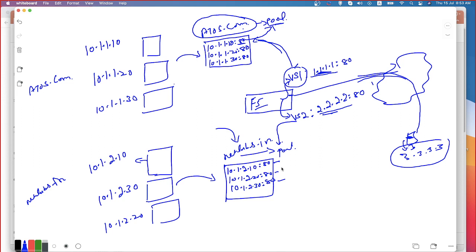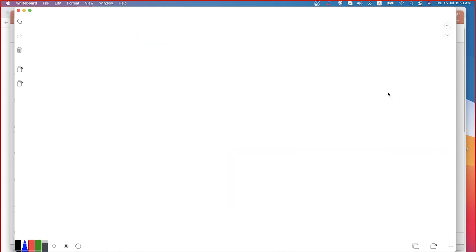Okay. Now, the flow of this is understandable for you, right? Okay. I'm just clearing this whiteboard. I was going to be asking you certain things. Now, what is node? What is a pool member?